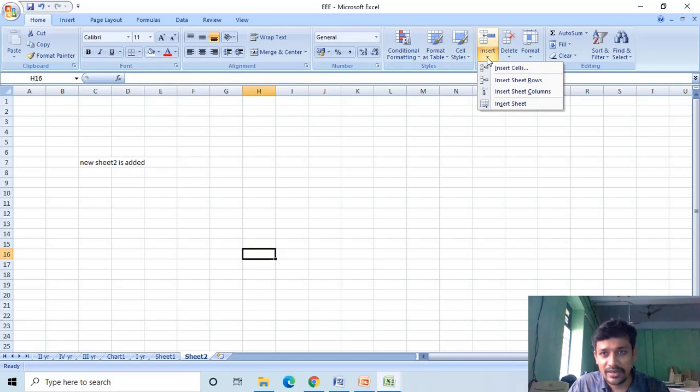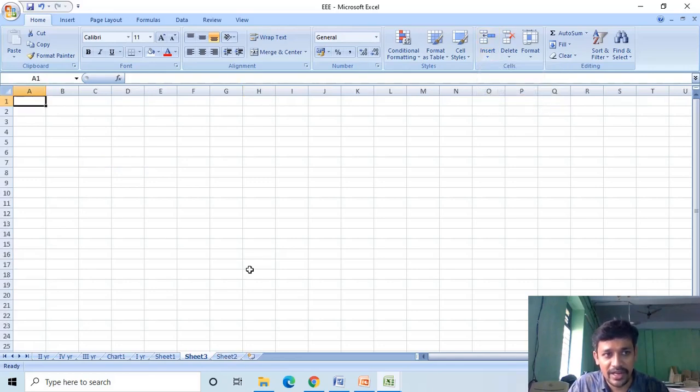Then it displays 4 options: Insert cells, Insert sheet rows, Insert sheet columns, and the fourth option is Insert sheet. Click on this option, Insert sheet. Then it inserts a new sheet to your Excel file.